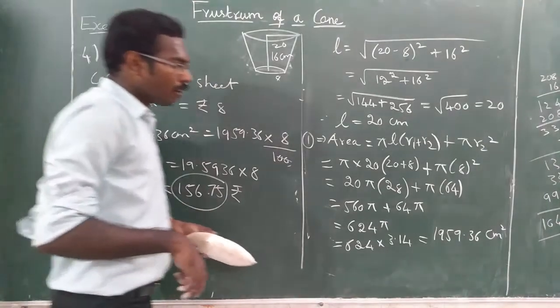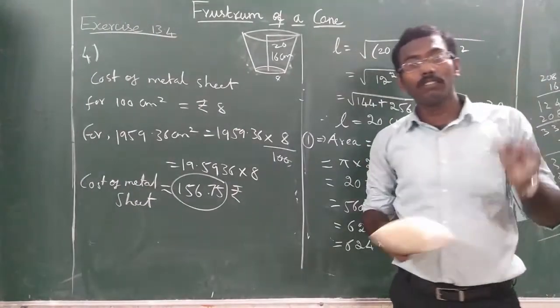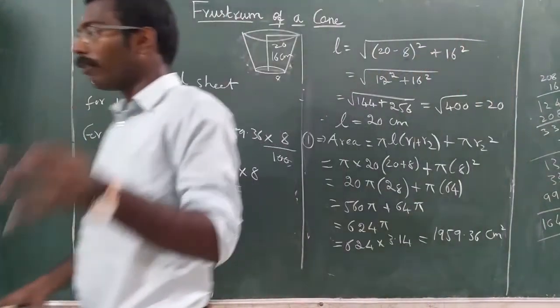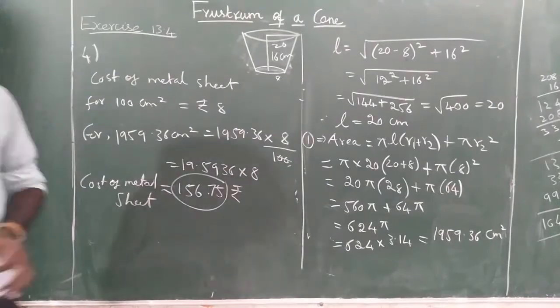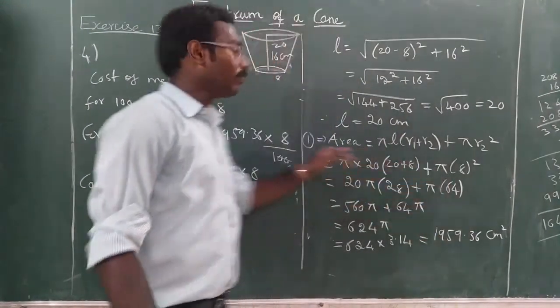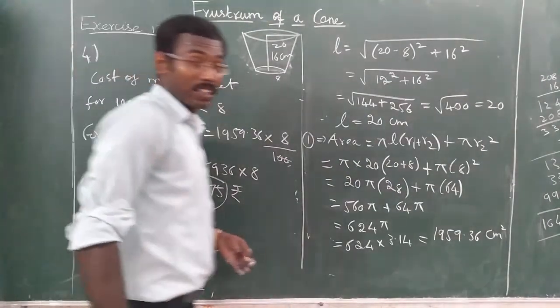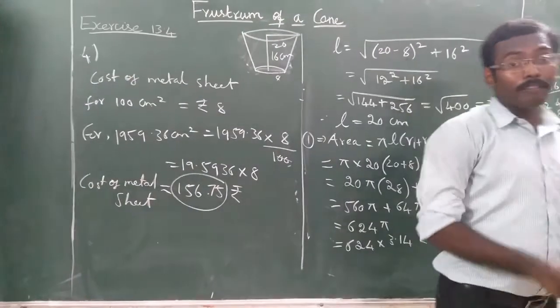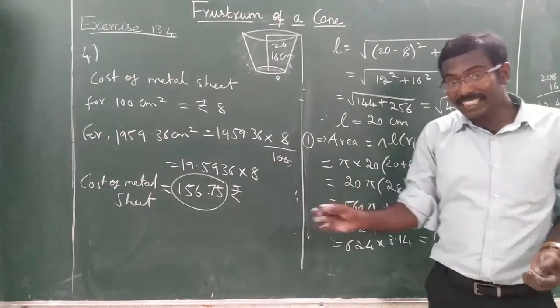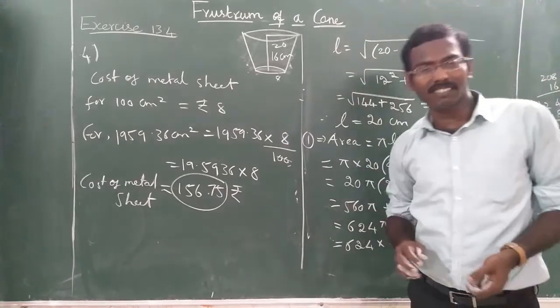Understood or not? Okay, it's very easy. It's big but easy. So first we found the volume, then we found the cost of the mill. Okay, then we found the area of the metal sheet and we found the cost of the metal sheet. Okay, this sum can be asked in the 4-mark question. So if you do it again and again, if you practice with them, you can do it quickly. Okay, so please practice with this sum.